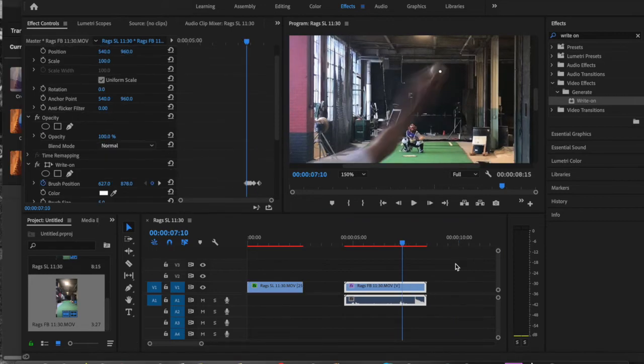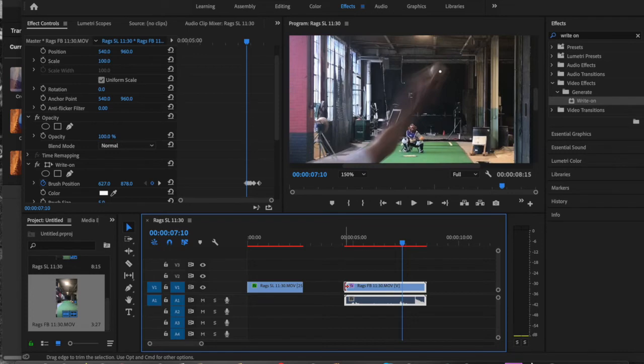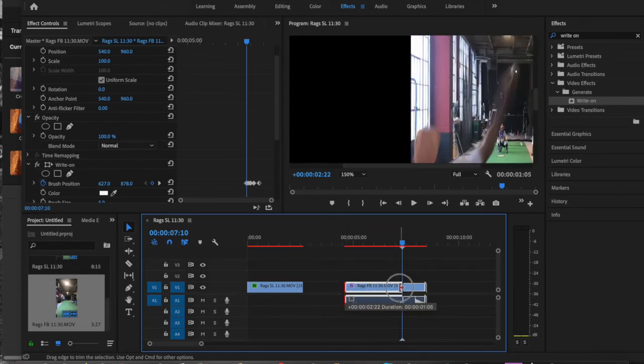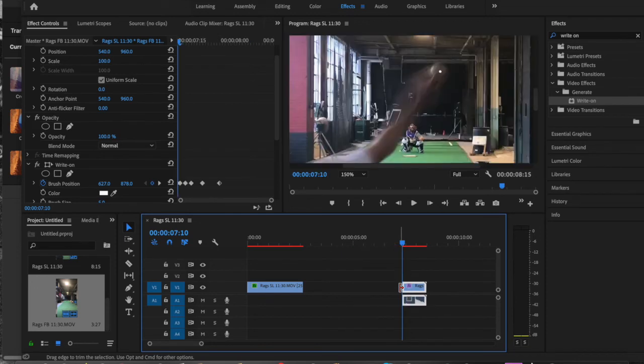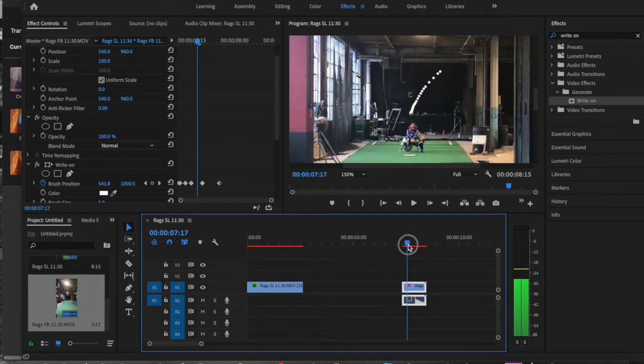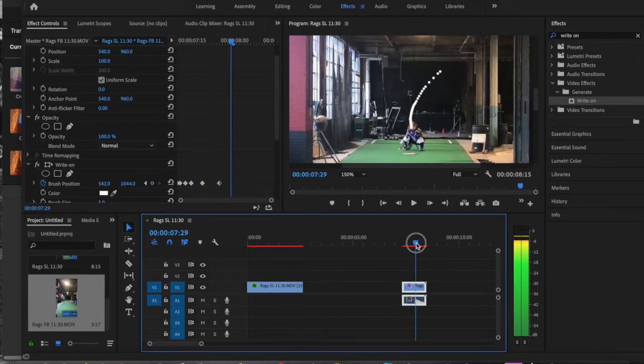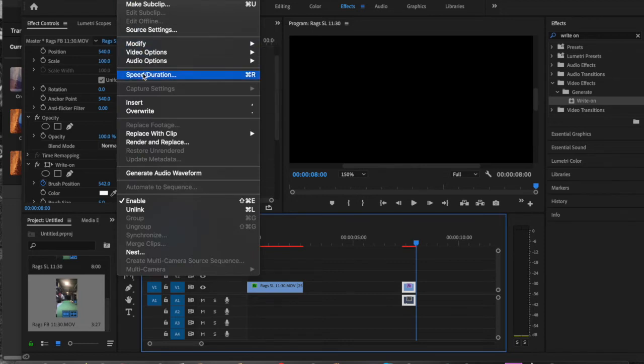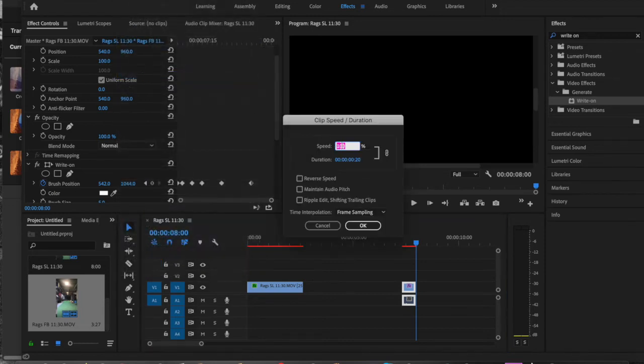Before we go ahead and get into overlaying the clips, we're going to start by trimming each clip. We had already trimmed the slider one, so for the fastball, you're going to start by moving the arrow all the way to the left of the clip, finding that red cursor and sliding it in to the release point, and then finding the cursor at the end of the video and moving that in to where the ball gets into the glove. At this point, we're going to go to the top of the screen and hit clip, go down to speed and duration, and our preference was 25%,